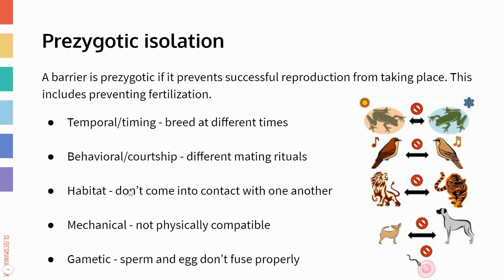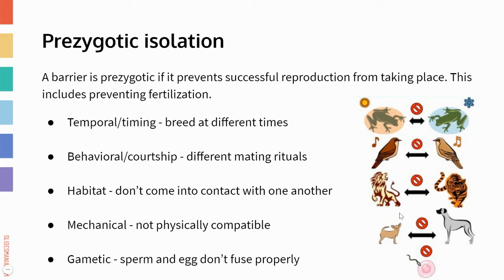They have to fit together just precisely in the right way. And then finally, even if mating actually does happen, the gametes of the two populations have to be compatible. So sometimes the sperm and the egg just won't fuse together because they don't work with one another. The receptors don't work together. So all of these 5 different things could cause prezygotic isolation, where we're either just not going to get mating, or if mating does happen, we're not going to get a fertilized egg.